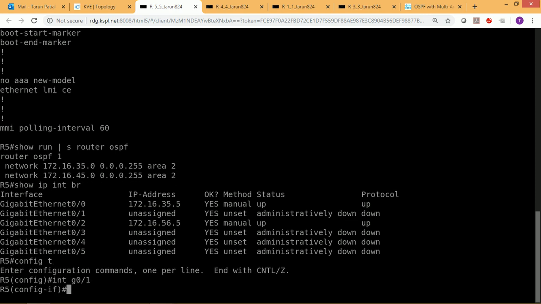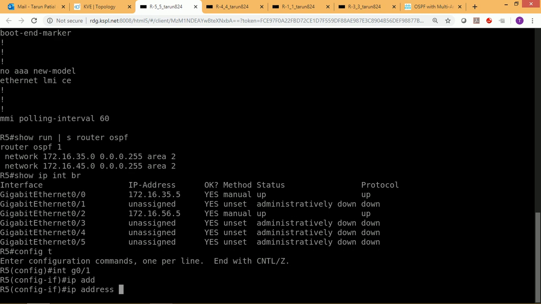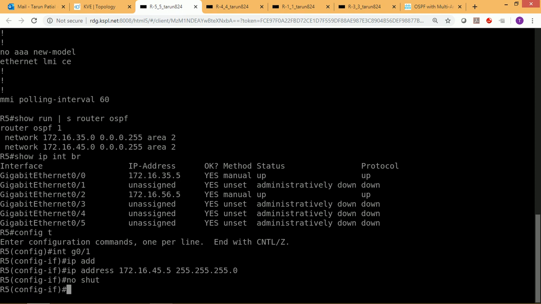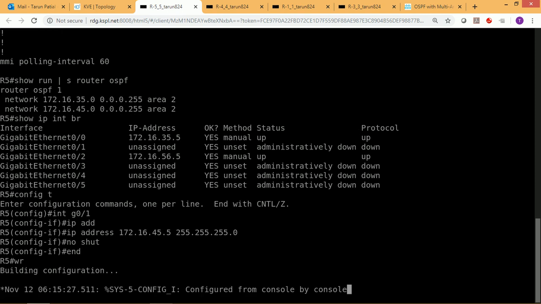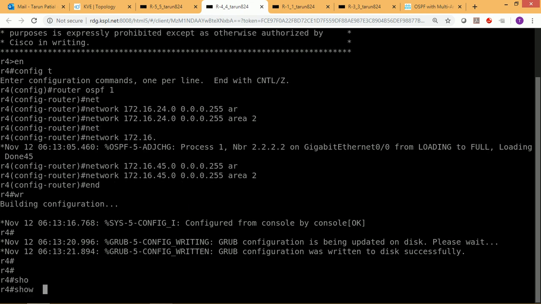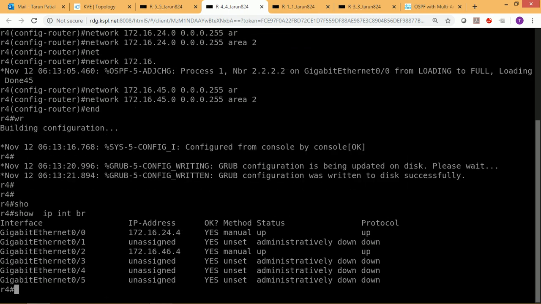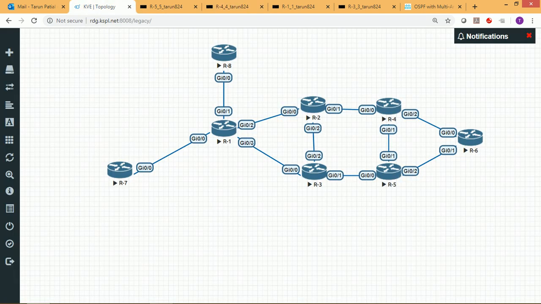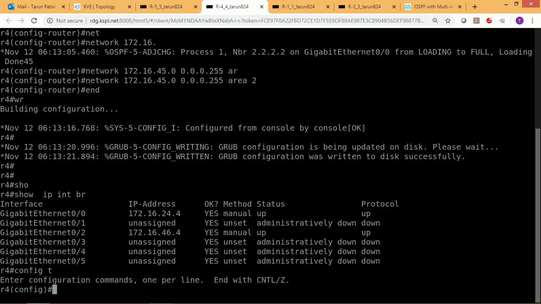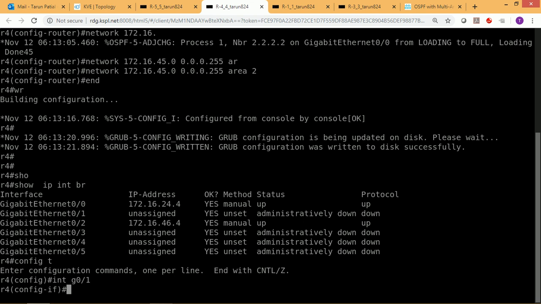So IP address 172.16.45.5, no shutdown. Go to R4 and also confirm the same thing. Show IP interface brief. Again, the IP is not configured on this link gig 0/1. So give the IP address by using the command